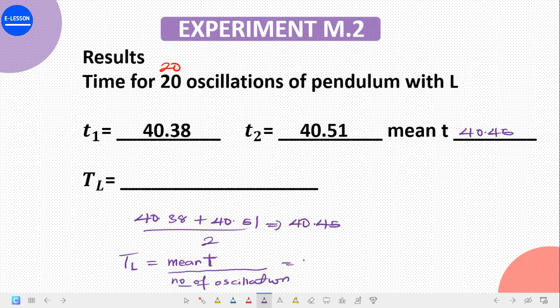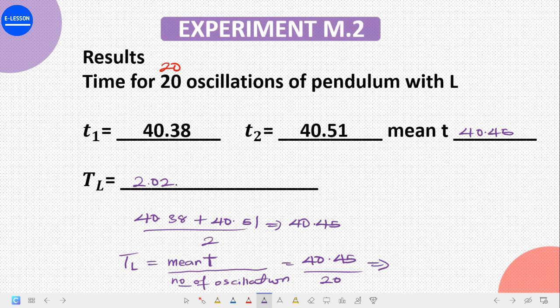What is our mean? Our mean is 40.45, divided by the number of oscillations, which is 20. So we have 40.45 divided by 20, and that gives us